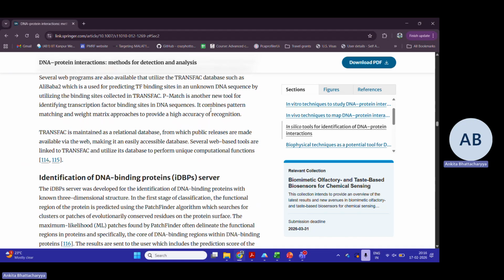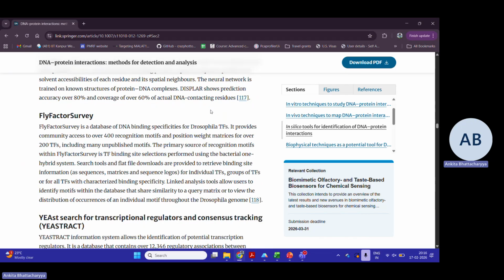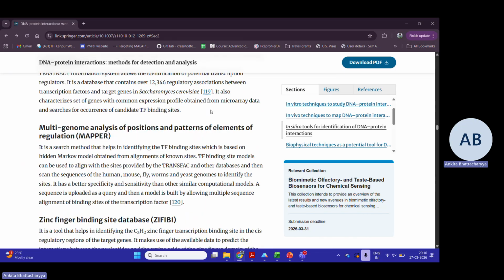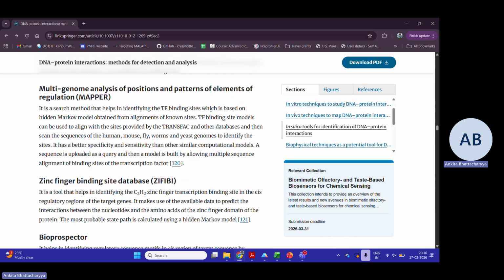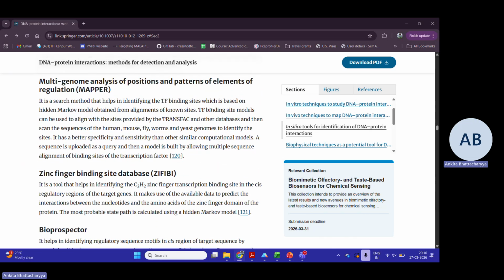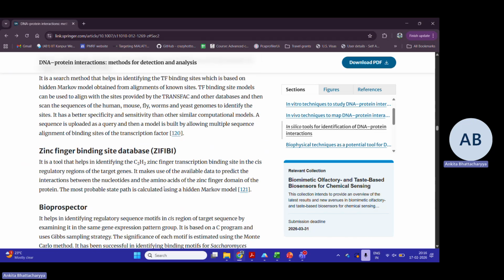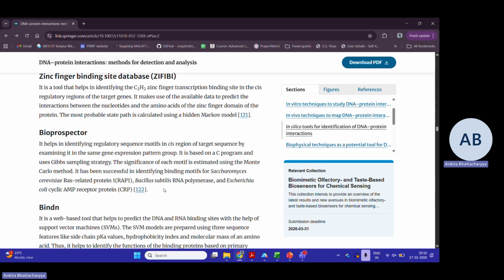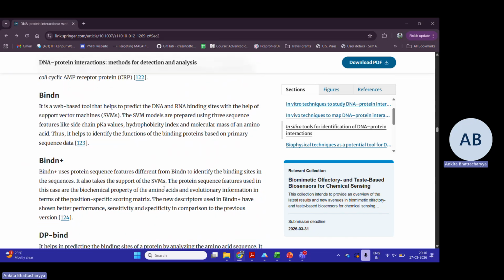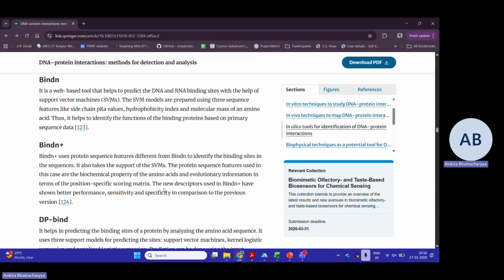Then you have DNA binding protein server, you have Displar, Fly Factor Survey, you have YeastTract, Mapper, ZIFIBI, which is the zinc finger binding site database. Then you have BioProspector, which helps in identifying regulatory sequence motifs in the cis region of target sequence by examining it with the same gene expression pattern group, and the significance of each motif can be estimated using the Monte Carlo method. Then you have BindN, which helps you to predict the DNA and RNA binding sites